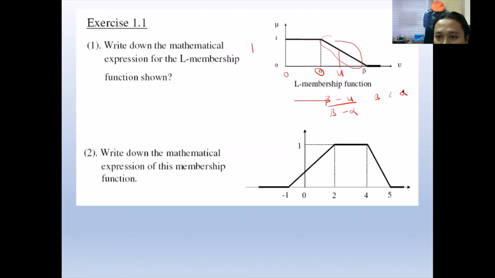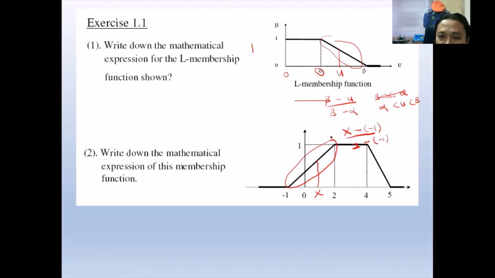So this is alpha, this is u, this is beta. For example, like this equation, we put some x here. So we know this equation: x minus 1, divide by 2 minus 1.